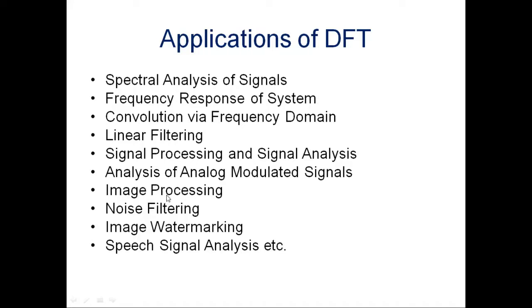So we can do image processing, with applications such as image enhancement, image compression, noise removal, filtering on noisy images, etc. The most important application is noise filtering on the signals as well as on the images. And we can also carry out the transform domain technique for image watermarking using discrete Fourier transform. Image watermarking is a method where we embed invisible data such that it can be used for copyright protection and identification authentication applications.